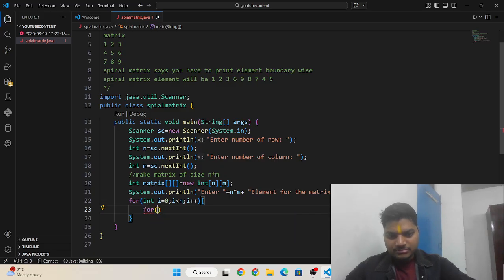Because it is a matrix, we need to take the elements row and column wise, so we are using here multiple loops, loops under loops, that is called a nested loop.